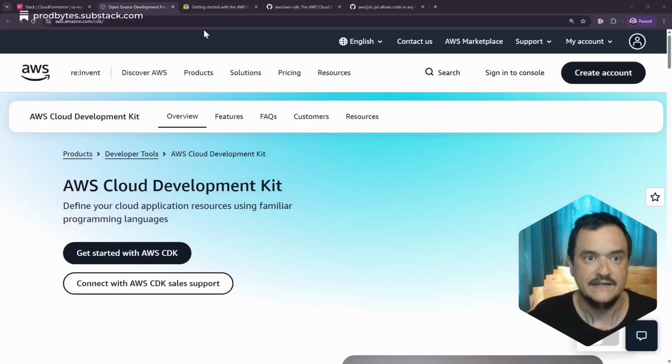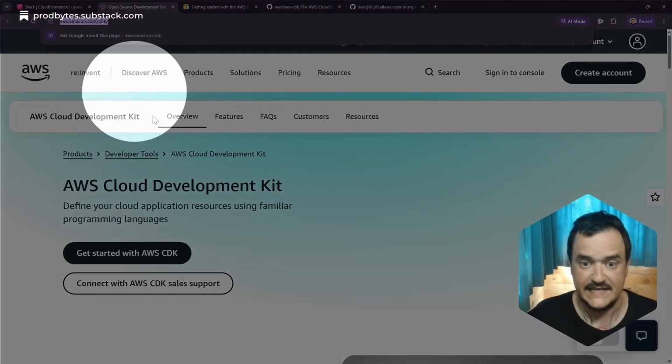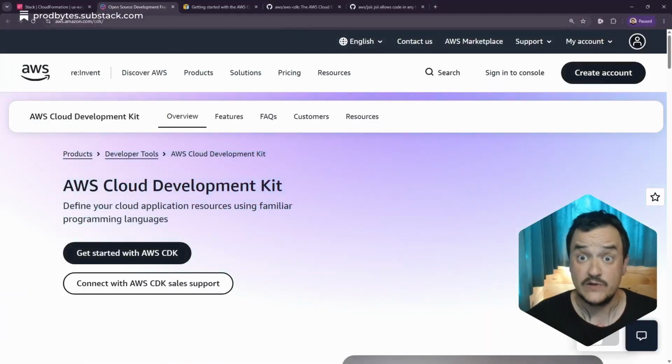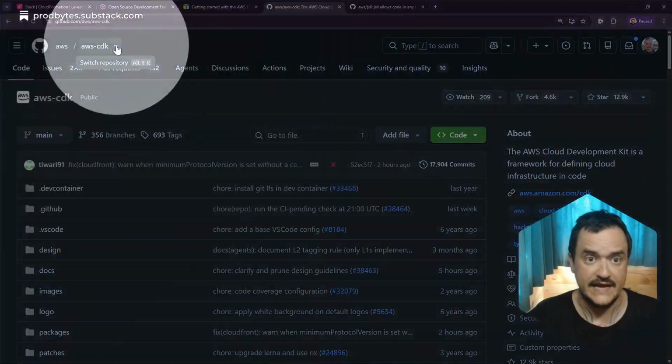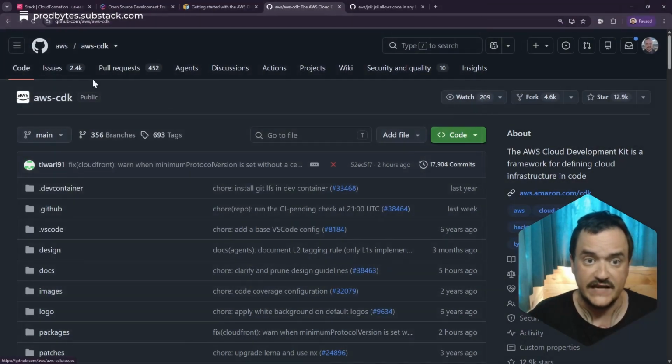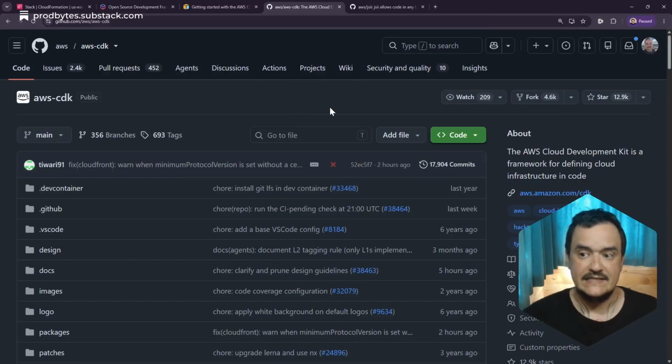So you can find the AWS CDK at aws.amazon.com/CDK. And it's also an open source project. So on GitHub, AWS CDK, you can find the source code, the issues, the pull requests, and even join the project if you'd like. And again, CDK is a project to help you build CloudFormation templates and deploy your infrastructure